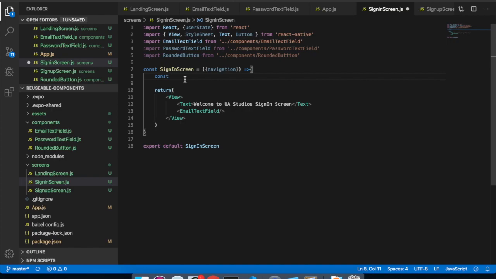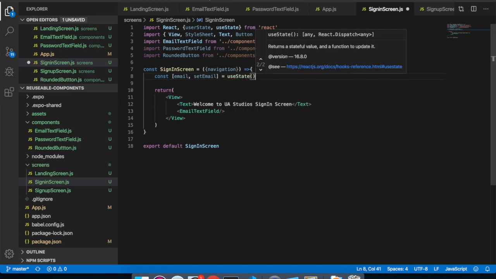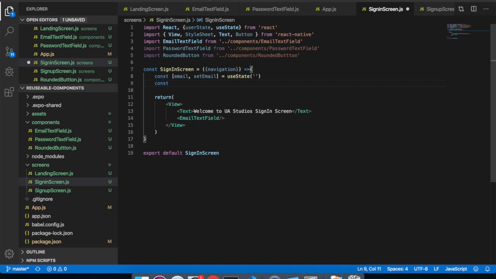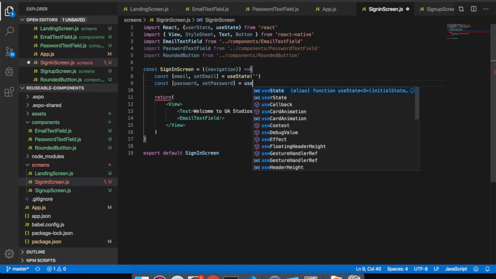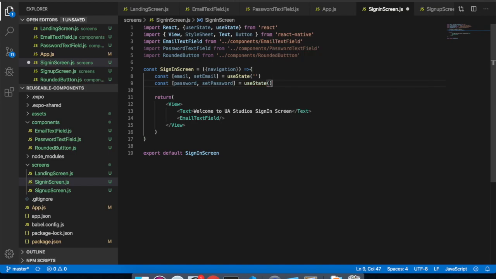Okay, then constant we need state for email, then set email equals use state, then we need a state for password, so password comma set password equals use state. With this, okay,